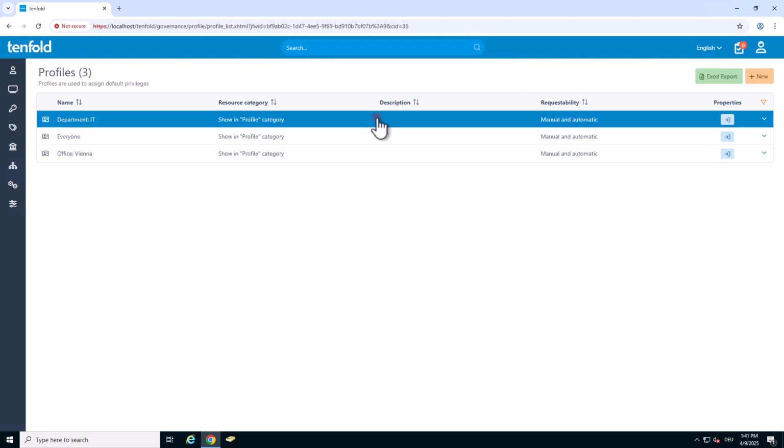As I already said, profiles will be aligned automatically if their conditions are met, based on the field rule that we assign to them. If a user does not fulfill a condition, if a person change is triggered, let's say they change department or they change office, the automatic assigned profile will be unassigned. And if they switch to another department or another office that are already covered by automatic aligned profiles, they will be added to those new profiles.